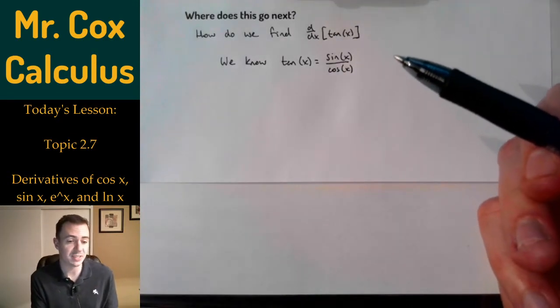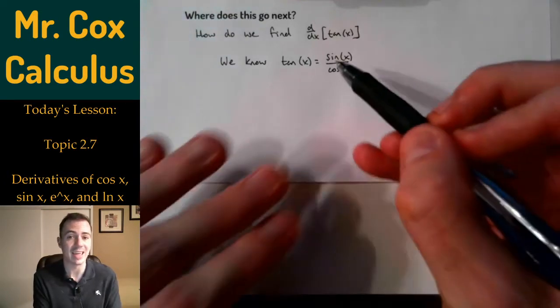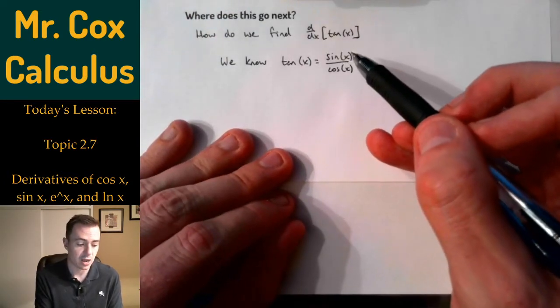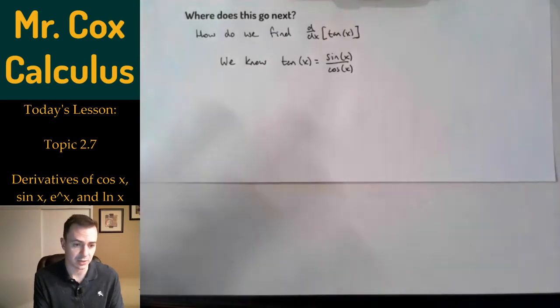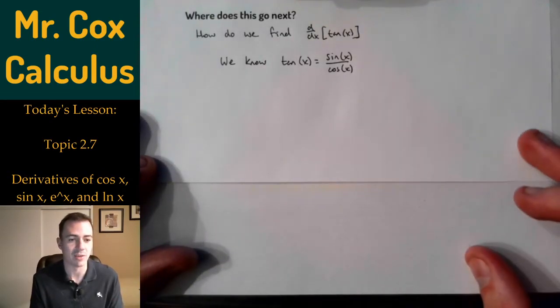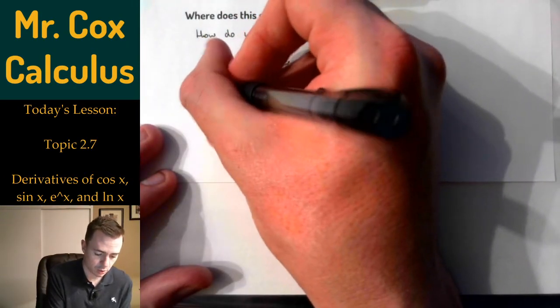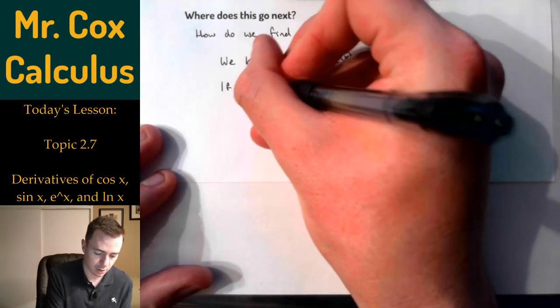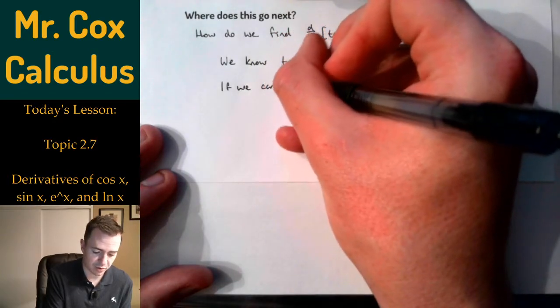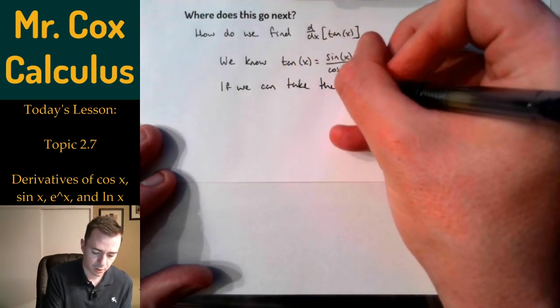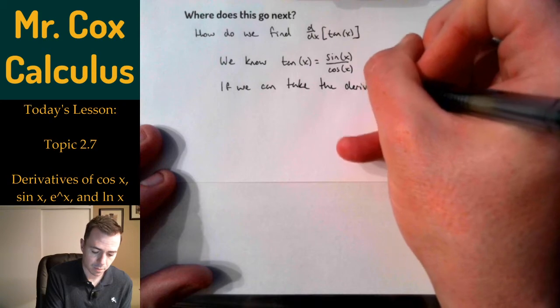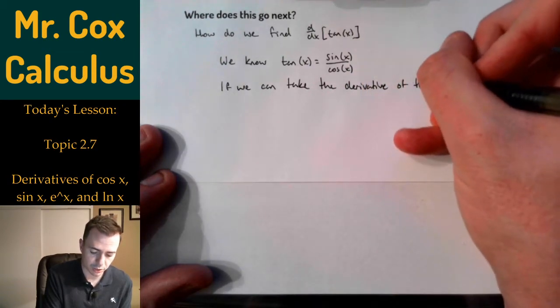Now then, we've seen in some examples we've worked, I can't just take the derivative of the numerator and the denominator and then kind of work it that way. It doesn't work that way for derivatives. And so what we really need to know, if we can take the derivative of this quotient,